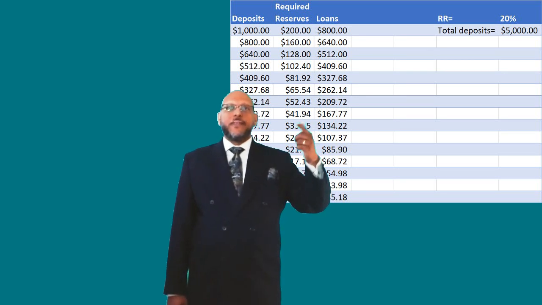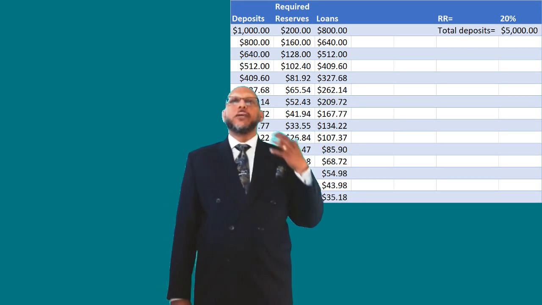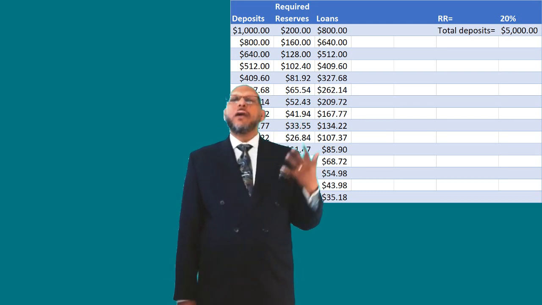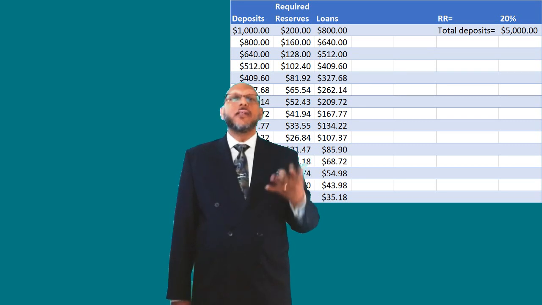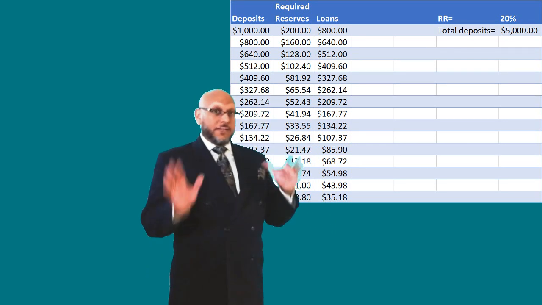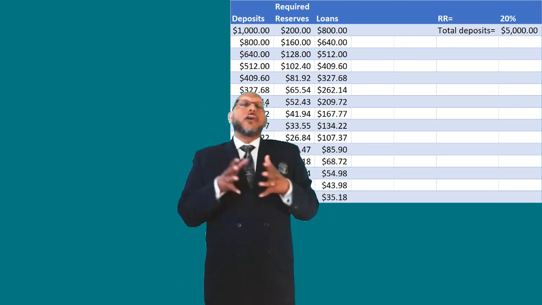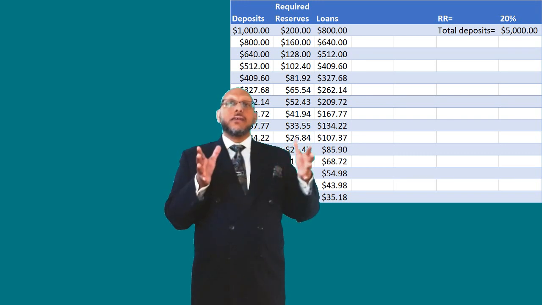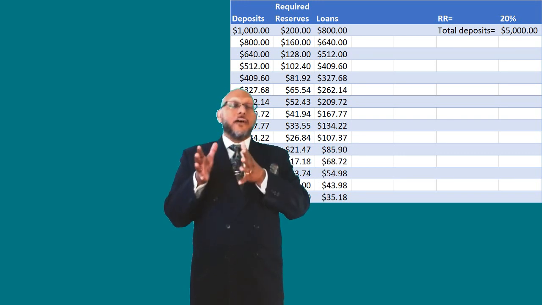Take the reciprocal of that. 1 over 0.2 is equal to 5. 5 times the amount of the original deposit of $1,000 gives us $5,000. Now, so we've grown, that $1,000 cycled through the entire system has increased the money supply from $1,000